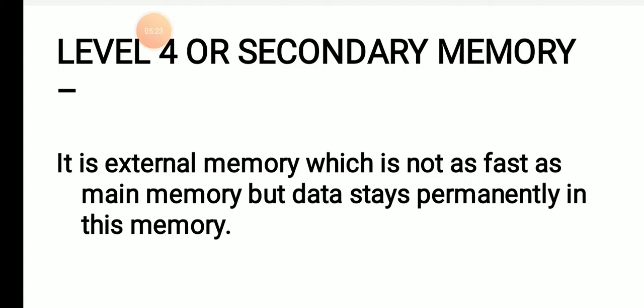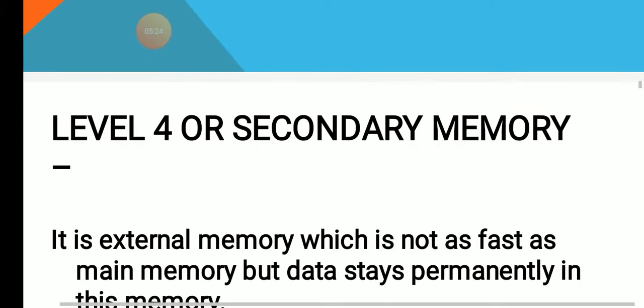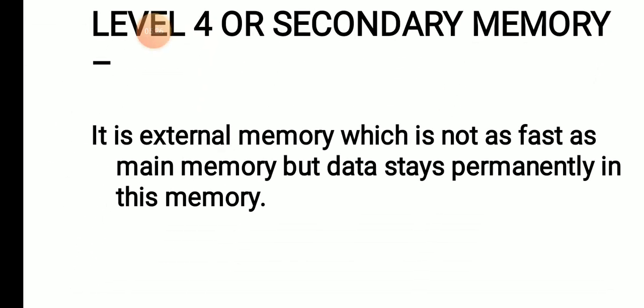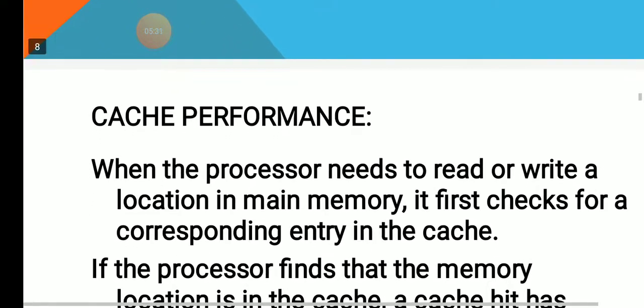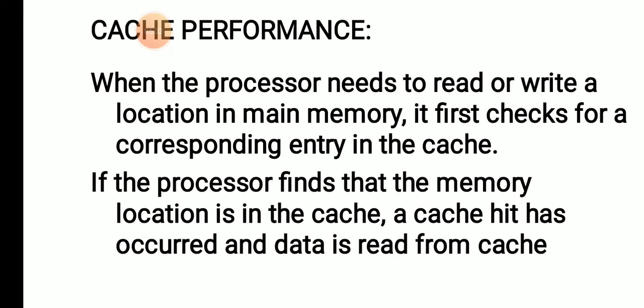Secondary memory or level 4 memory. So these are the levels of your cache memory. Next, what is the performance of that cache? That is called cache performance. So when the processor needs to read or write a location in main memory,